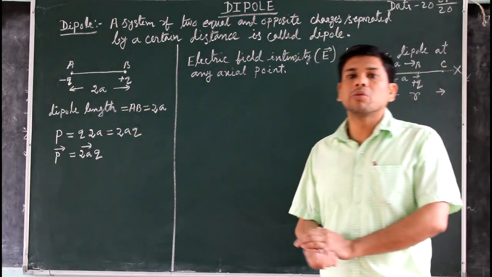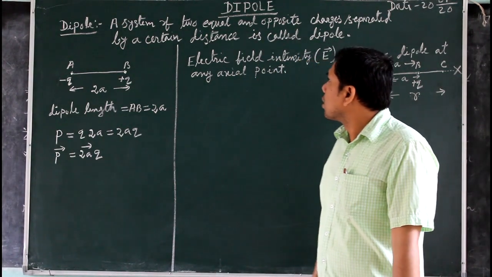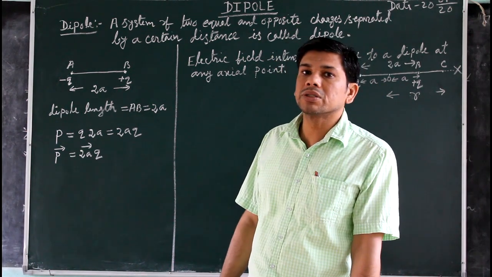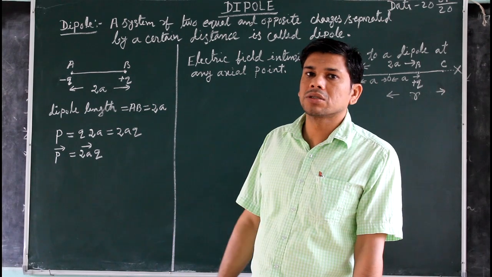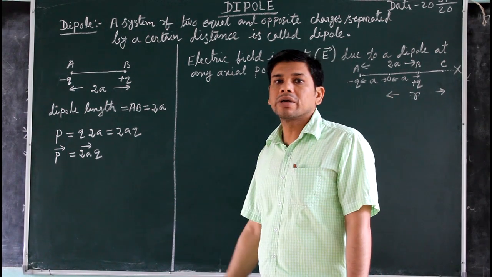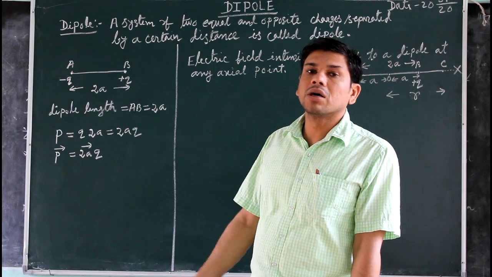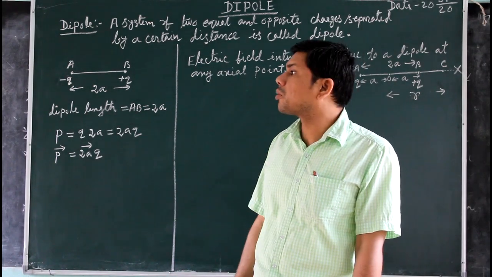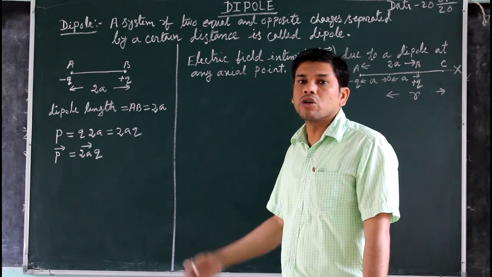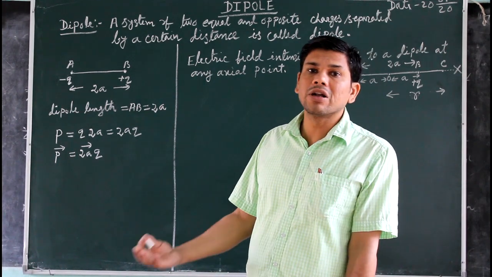Hope that you have gone through the last lecture and what we have discussed till now. I am just repeating again. We first discussed charge, what charge is, how a charged body can be generated, Coulomb's law, then how we find the force of attraction or repulsion by using Coulomb's law due to a point charge, and what is electric field and what are electric field lines.